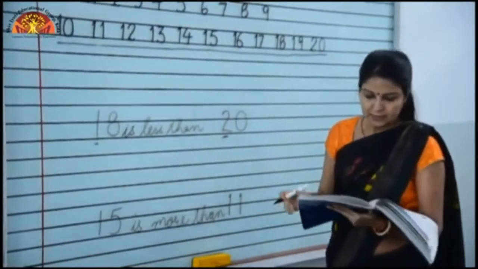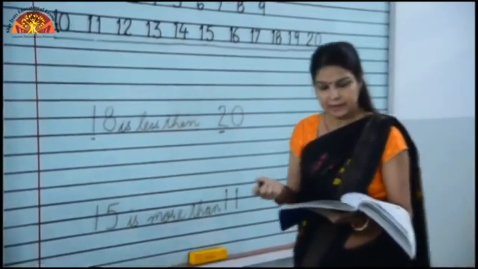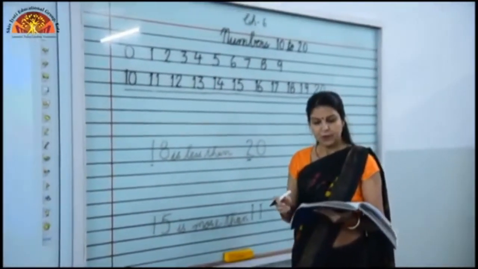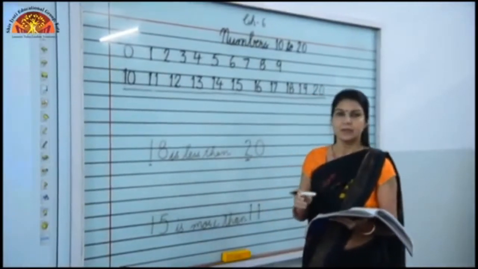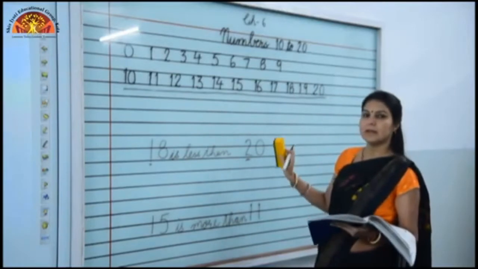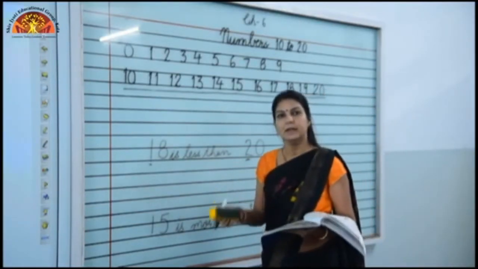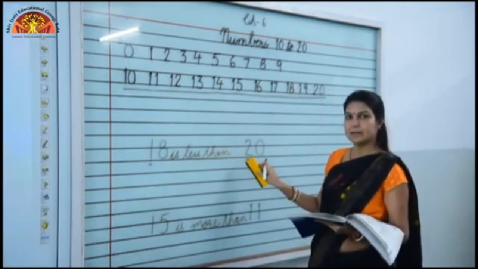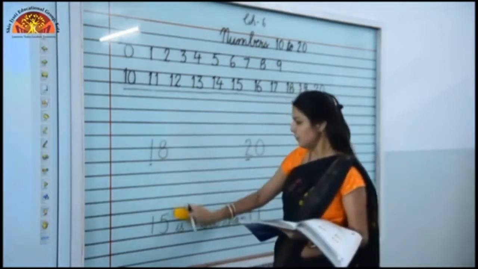Now come to the next question. Question number 8. Put the correct sign greater, lesser or equal to in the boxes. Now children, numbers are given. You have to again compare the numbers and put the sign of greater, lesser or equal to. Now we can see in this, हम इसमें देख सकते हैं, 2 numbers are here,